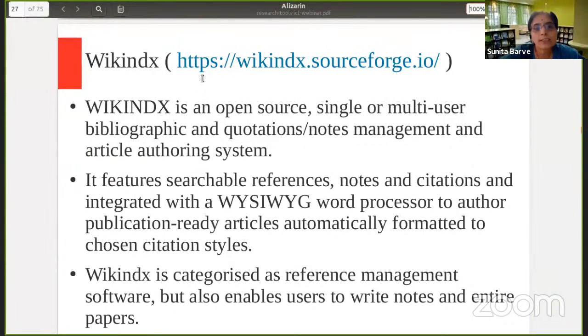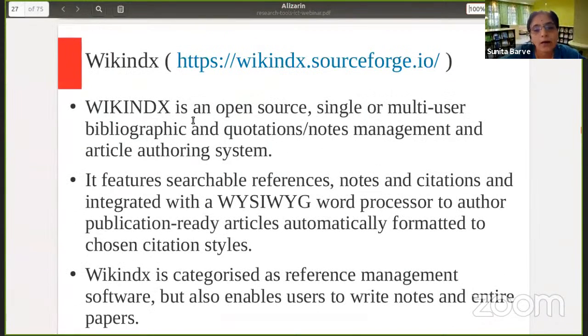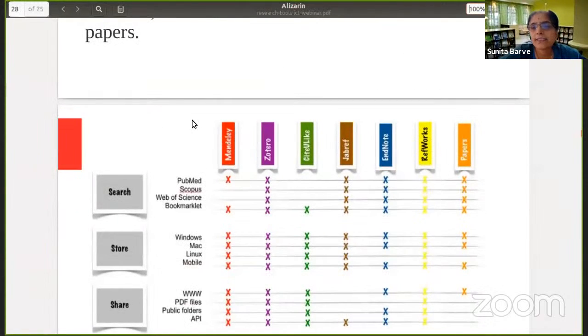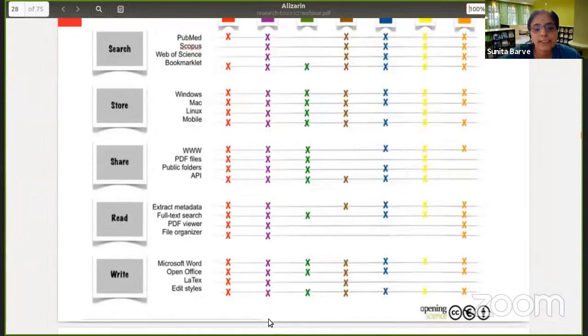I found this as a good tool, and I will certainly show you a demonstration about Zotero and Mendeley on Monday. And this is a small comparison which was done with Mendeley, Zotero, and others. JabRef is again a tool which works on the Linux operating system, and then EndNote I have already mentioned. So if you see, Zotero supports all the facilities that you expect